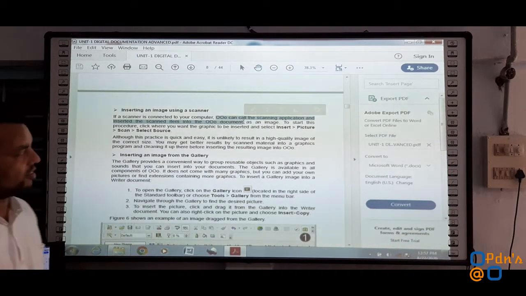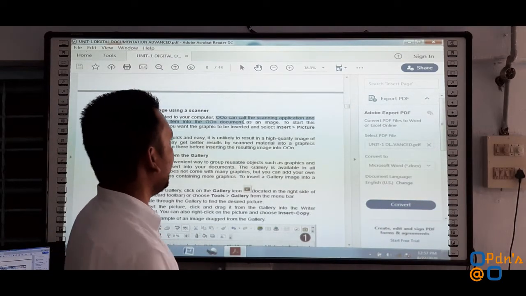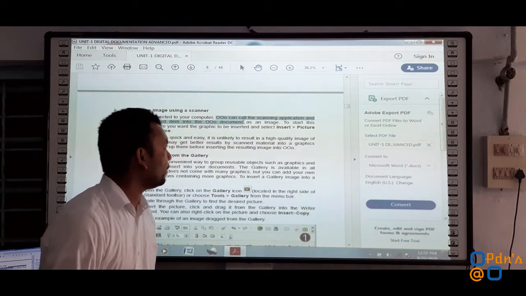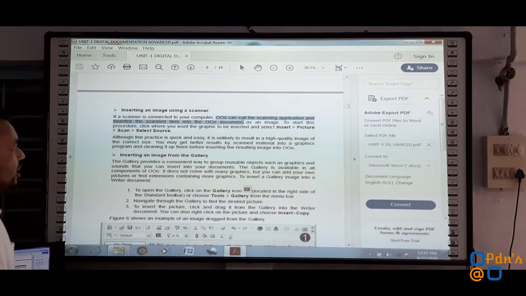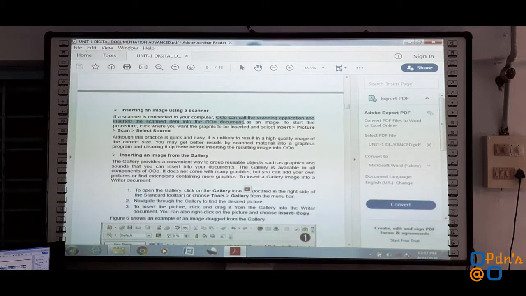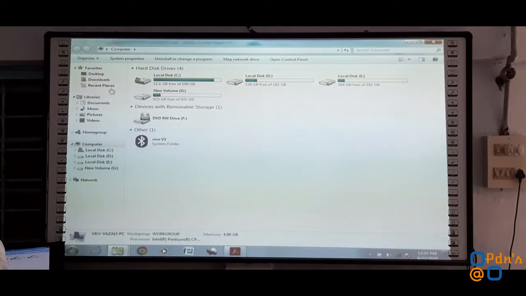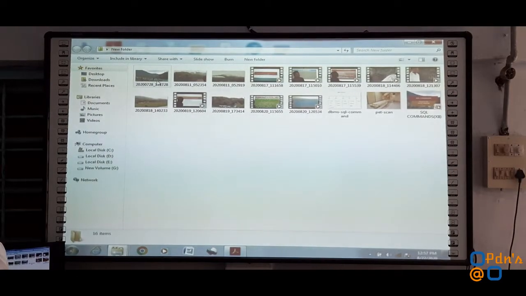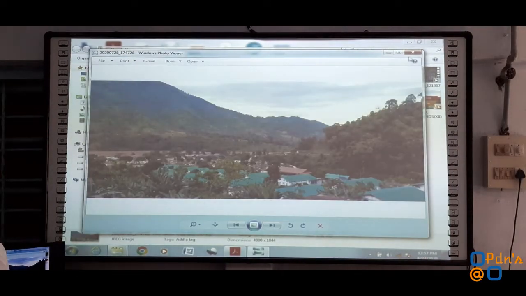For this, first of all, the scanner should be turned on and we should make a request from the OpenOffice document to the scanning application for inserting that particular image. To start this procedure, there are a set of steps. Whatever graphics we would like to insert, we need to select that particular graphic. For example, in my Windows D folder, I do have certain pictures. Okay, here it is, one picture is there.